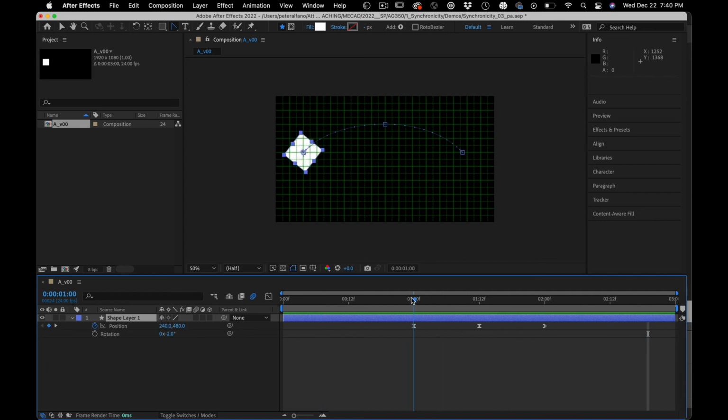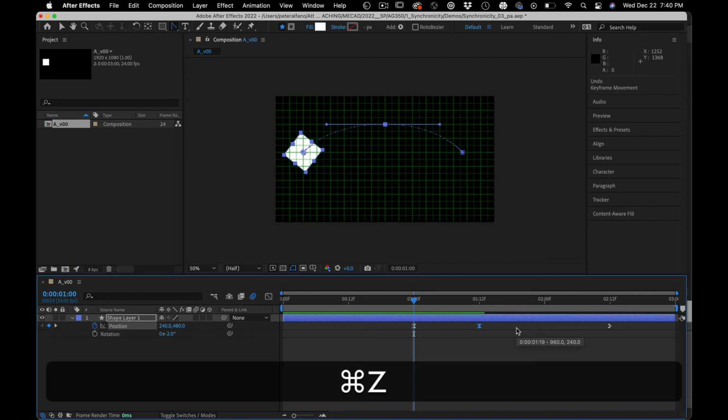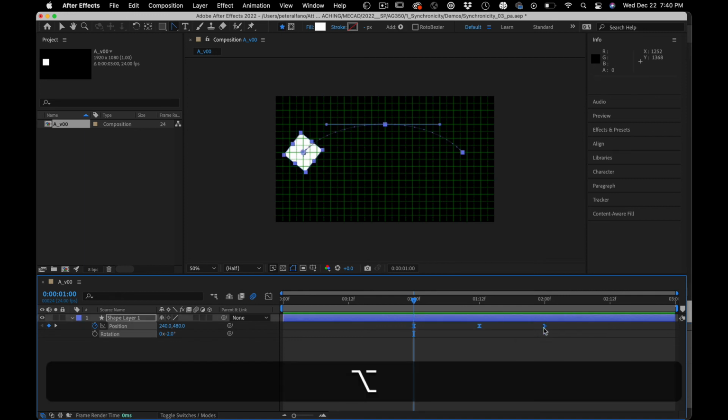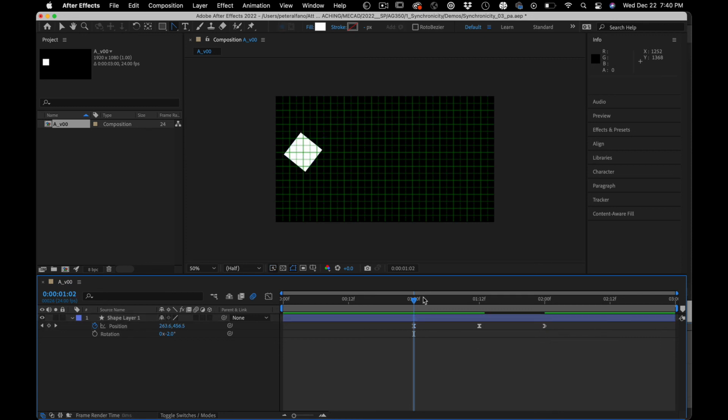All right. One other thing. Let's say we wanted to retime these, right? So I can move this over here, but what if I wanted this to just be right in the middle? So I could reposition it, but if you hold Alt, you can grab either end and keep however many keyframes are in the middle proportional to their original spacing. All right. So that's just a little bit more analysis of